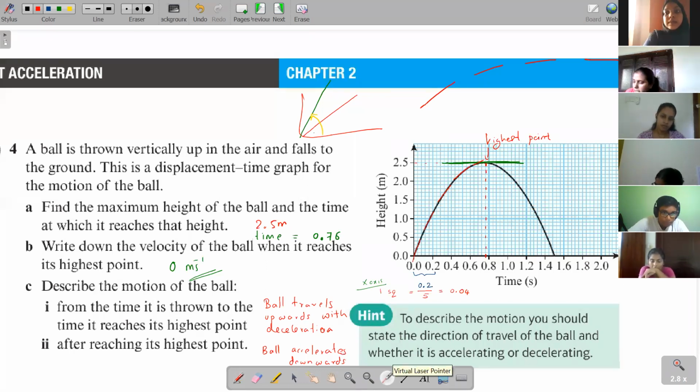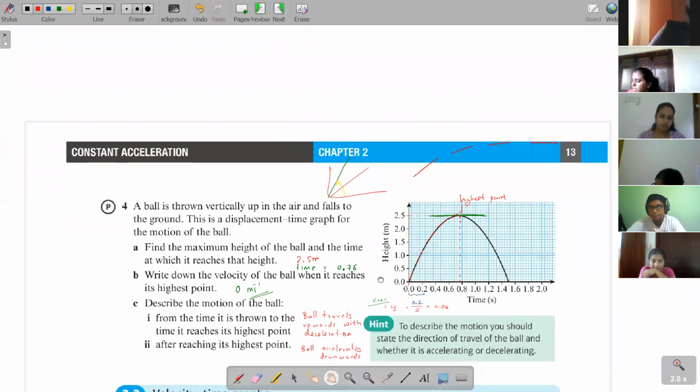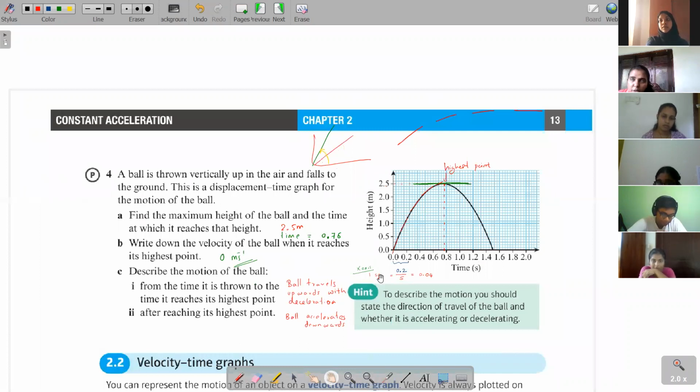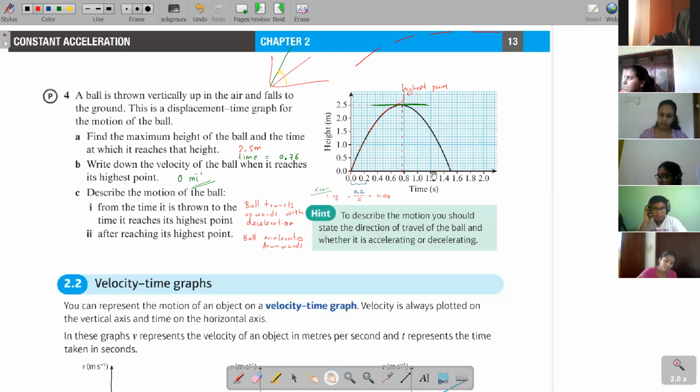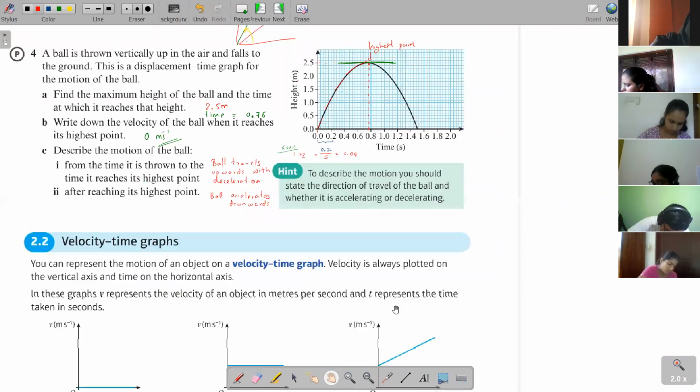Okay, so let's go to the next part. You will not be tested much on displacement time graphs. The most important part they'll be testing you on is the velocity time graph, because that is the one mainly tested in exams. Displacement time, they can't ask many questions from it. So shall we write the topic, velocity time graphs, and go through the main features of the velocity time graph.